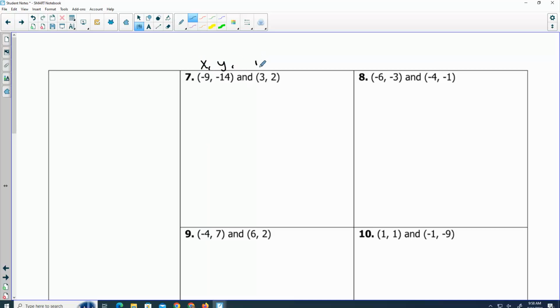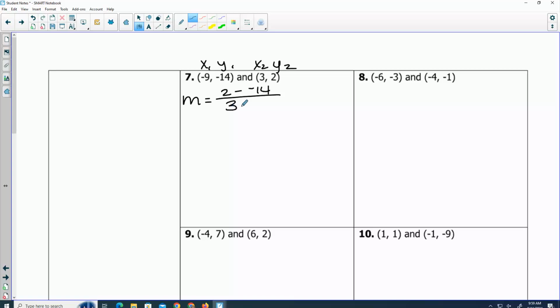x1, y1, x2, y2. So our slope, how do we find that? You're gonna get shy now. Mr. Talton walked in. How do we find our slope? y2 minus negative 14. Good. Over